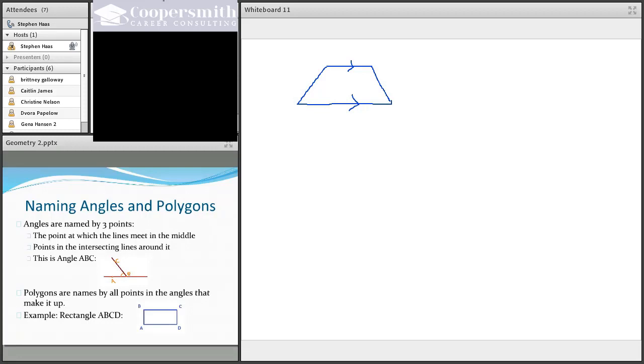For example, if this is point A, and this is point B, and this is point C, how would I name this angle? Let's say this is D. I would call this angle ABC. Or, by the way, I could also equally call it angle CBA. Either one is correct, as long as we have B in the middle. Now, in this case, I could also just call it angle B because there's no other possible angle B that there could be. But sometimes, if you have situations where it could get a little confusing,